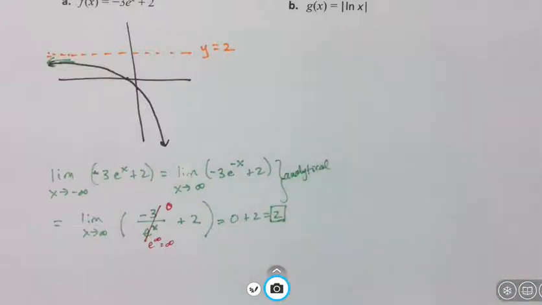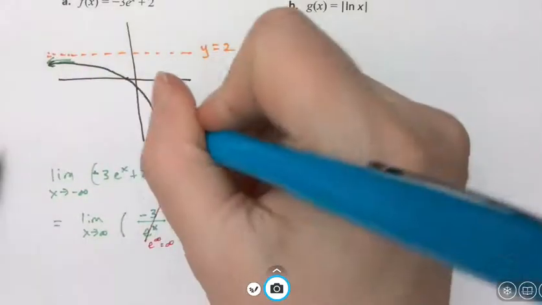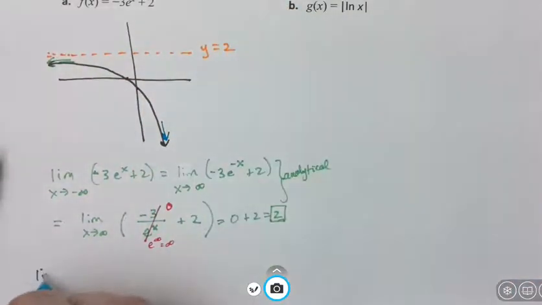In case you want to see one. Over on the right-hand side, no such luck, because we're heading to positive infinity, so it's going nowhere good. You can see it right here. We're just plummeting downward. So the limit as x goes to infinity of negative 3 e to the x,